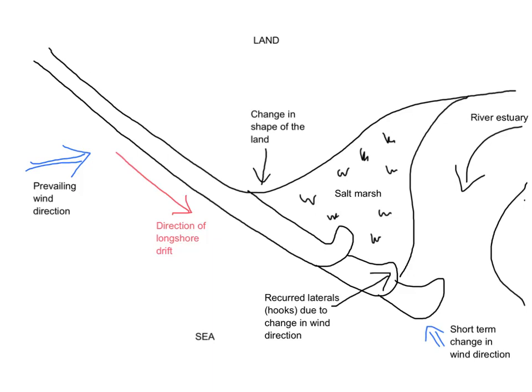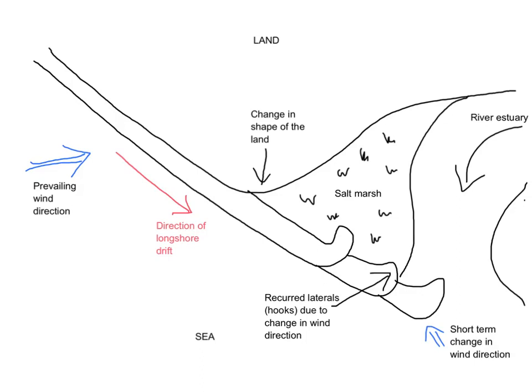This video explains the formation of spits and salt marshes. Spits are extended stretches of beach material that project out to sea and are joined to the mainland at one end. And the key process in forming spits is longshore drift, and it all starts with the prevailing wind direction